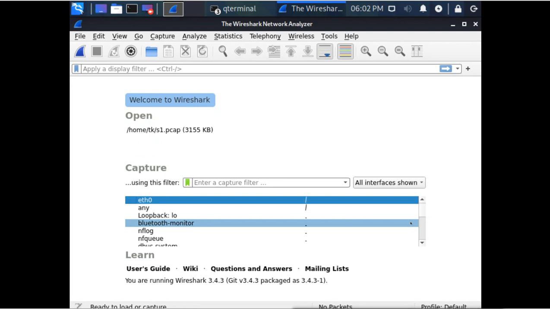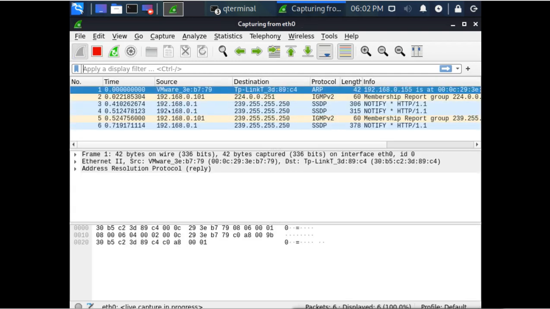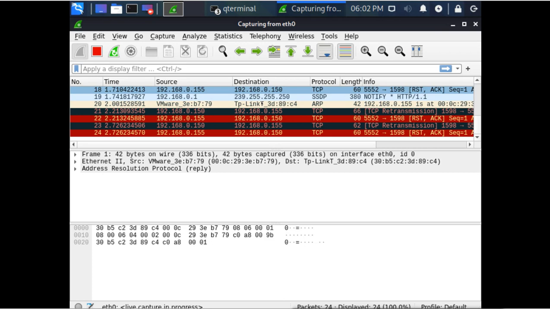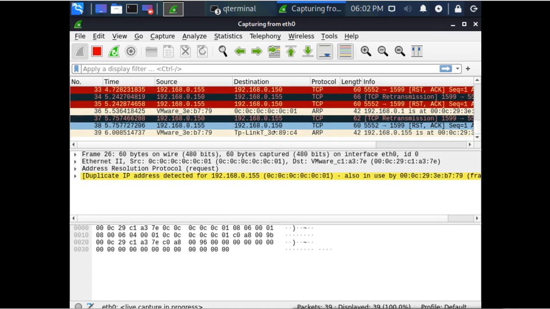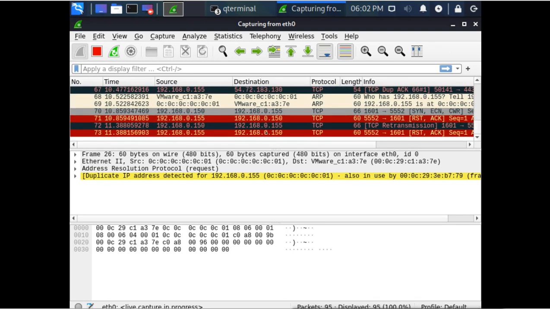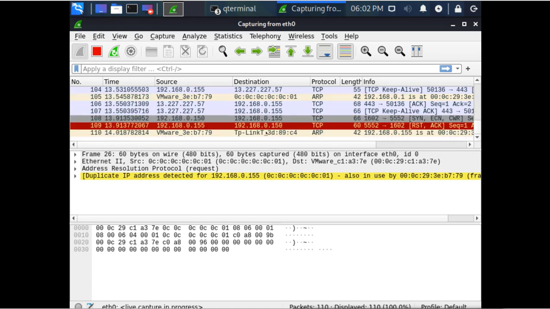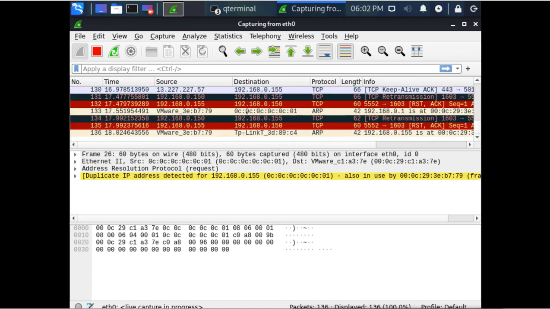So this is Wireshark. It shows all the interfaces which you have. So I want to sniff this. This is my Ethernet port. So I select this and I will say start. Now I can see all the requests and responses from those machines. It is from Windows 10 machine to the router, and router to the Windows 10 machine. It is live capturing, and it is showing here all the packets.